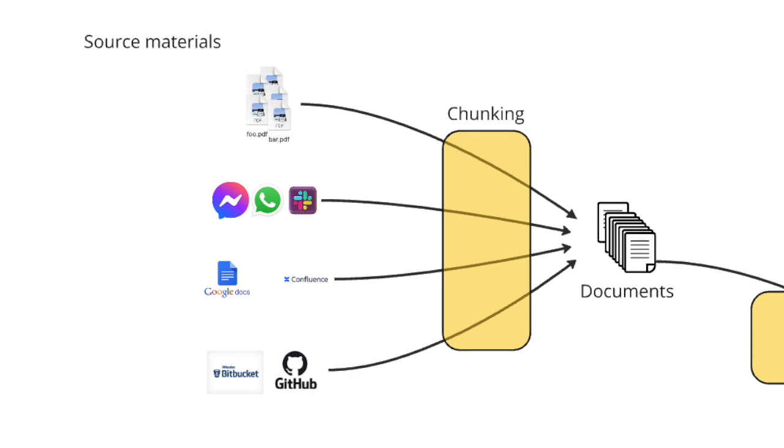So what needs to be done is that the individual Slack messages from a thread are combined into a singular document, and this document then has enough context for the LLM to understand what the individual messages in the thread are about. This Slack thread will then become a document that can be used in the RAG application. Company wikis can be used in a RAG application, for example, Atlassian Confluence